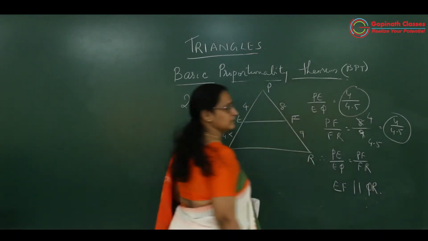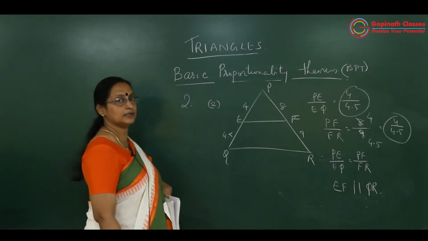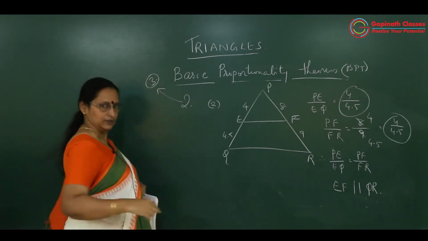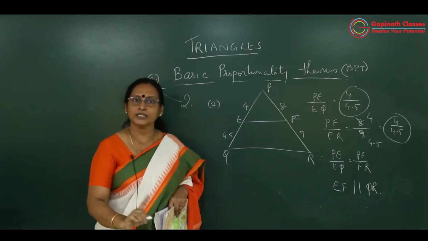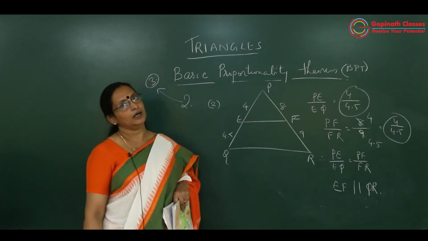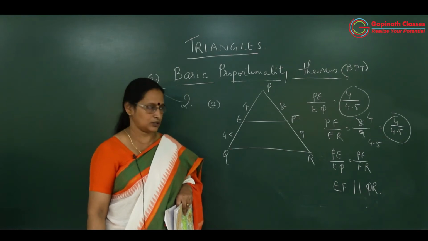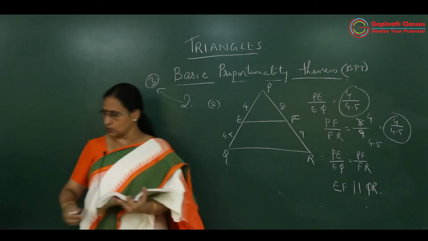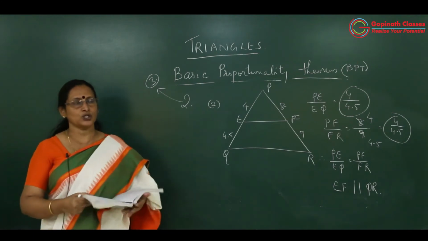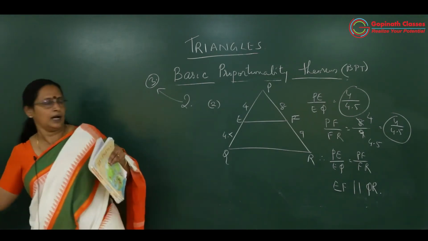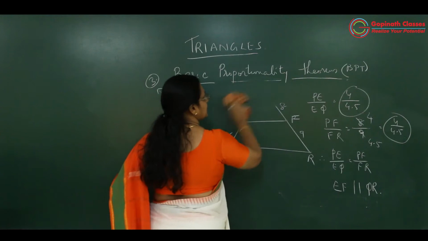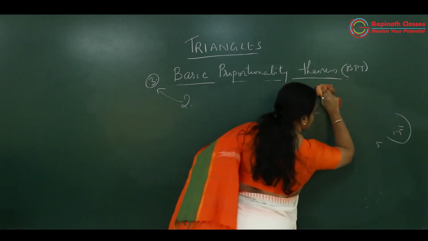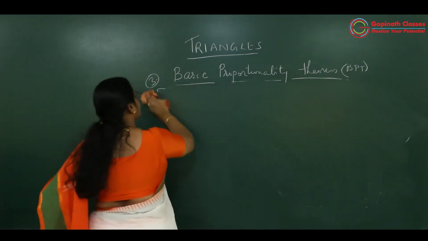to QR. This way, the third question you can do by yourself, that is to check whether they are parallel or not. You just have to check whether the ratios are equal or not. So third one is a simple sum, you can do it. Come to the main question number 3. Now, before going to main question number 3, I'm just teaching you some results of basic proportionality theorem that you can learn as a derived result.